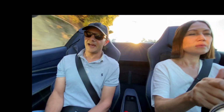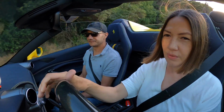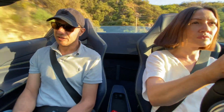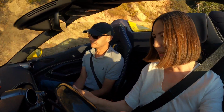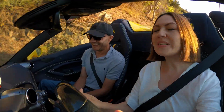Now you've got the power. Up. You don't even really feel the gear shift. Now, part of that is because we're in sport mode. If we were in CT off, it would have slammed you in the back and transferred the power really abruptly. But in this mode, you don't even think about it, really. So it's so interesting because you just feel every little tiny thing that the car is doing. Isn't it hyper responsive? So do I downshift or do I...